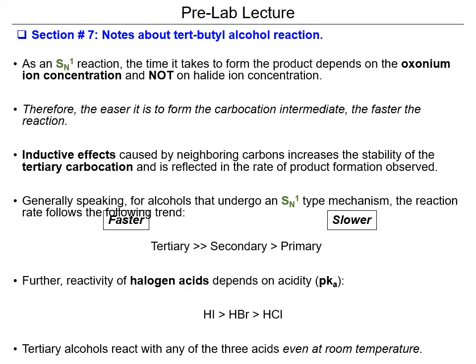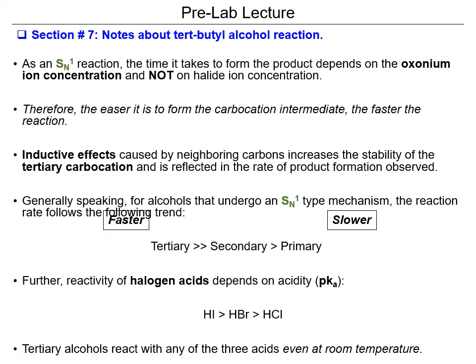As an SN1 reaction, the time it takes to form the product depends on the oxonium ion concentration and not on halide ion concentration. Therefore, as mentioned, the easier it is to form the carbocation intermediate, the faster the reaction. Inductive effects caused by neighboring carbons increases the stability of the tertiary carbocation and is reflected in the rate of